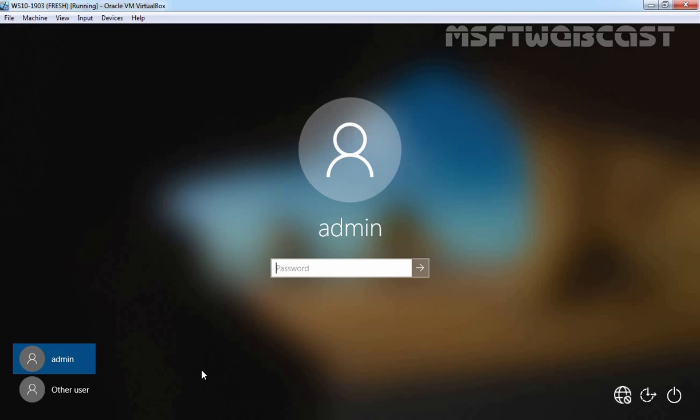To log in using a domain user account on this Windows 10 computer, you need to have a domain controller connection to verify them. Otherwise, if the computer is not communicating with your domain controller, you can only log on using a local user account. Let's verify that. Right now, we don't have any network connectivity to our domain controller. Let's click on other user.